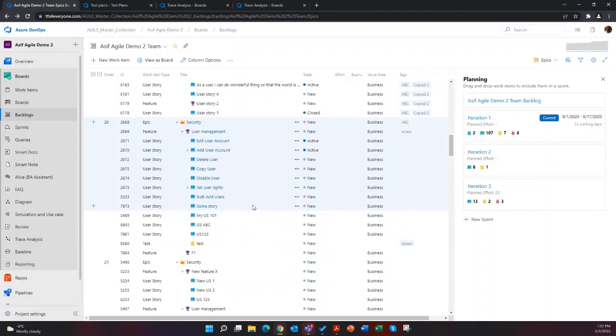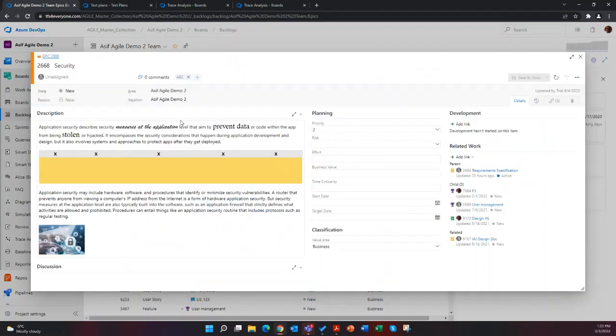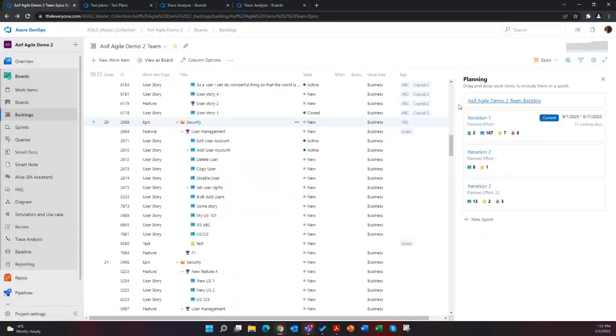So if you wanted to add a test case here or a related risk in there, this is not the place to do it. Or if you want to see the details of a work item, you would have to open it up and see the details, and then click something else and see the details. There's no place to group things other than simple hierarchies, nor is there a way to add an introduction or overview or add diagrams to it. So to solve all of these problems and others, we built SmartDocs.